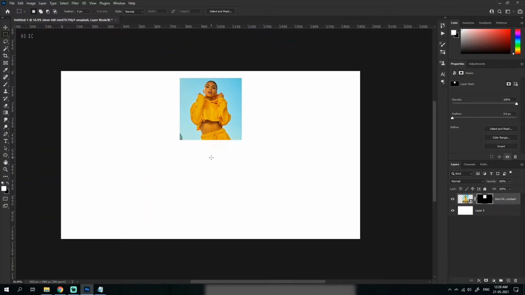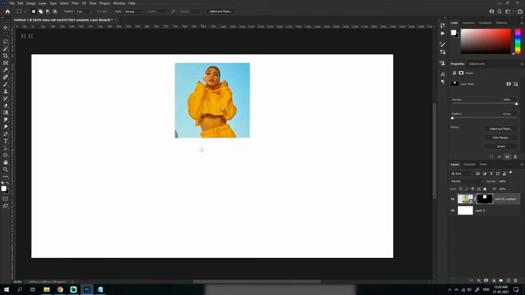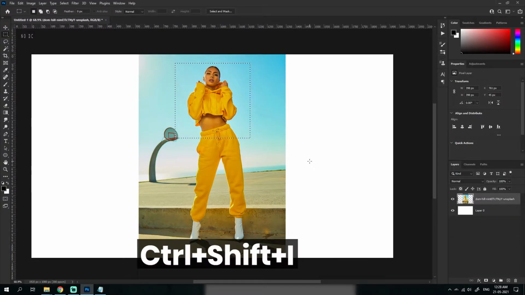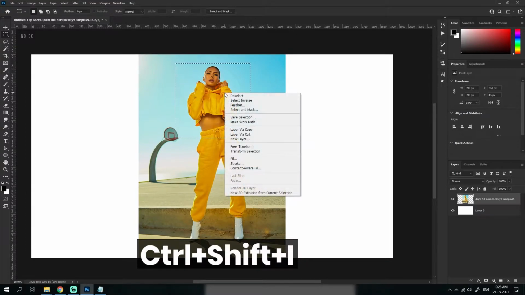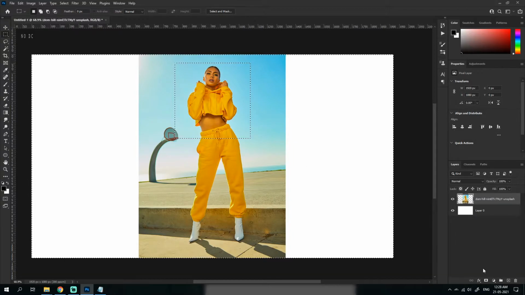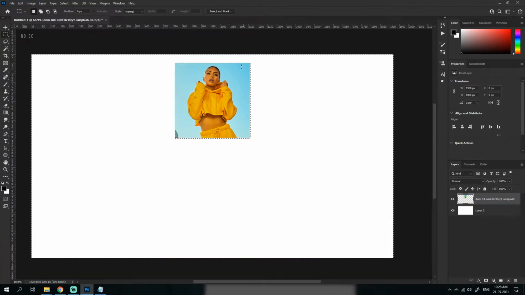So you could see I just selected this section, and then I can click on the mask, and you could see I have this section only. The reason I only use mask is, okay, let me rasterize it to show you guys. If I press Delete, well, I don't want to delete this. What I'm doing is pressing Ctrl Shift I to reverse the selection. Or you could right click on this and select reverse, and then I can delete it, and you could see this happens.